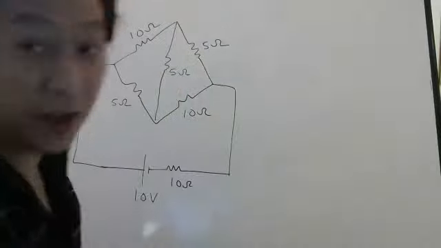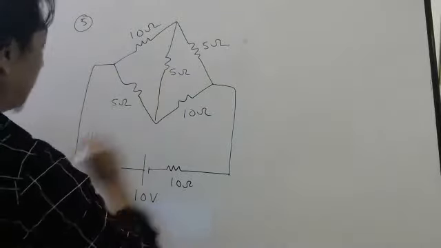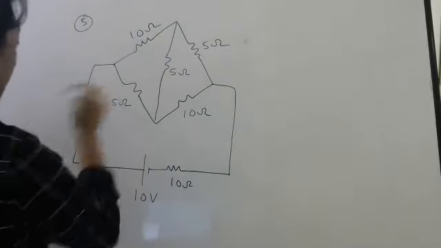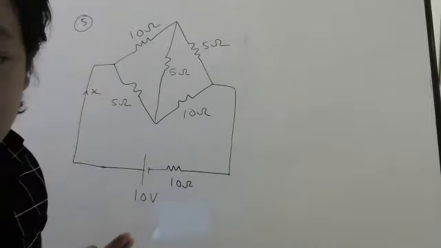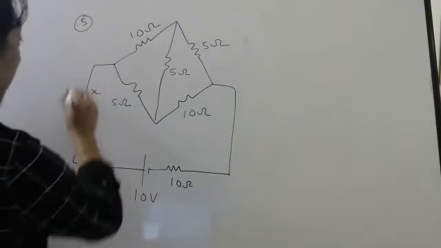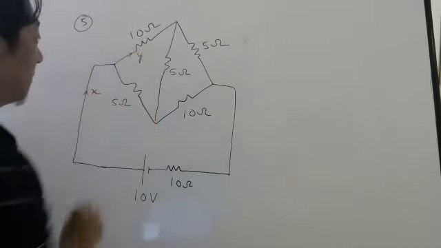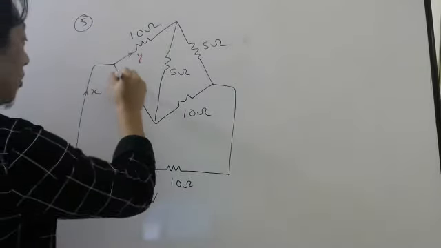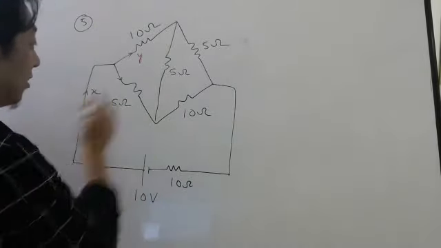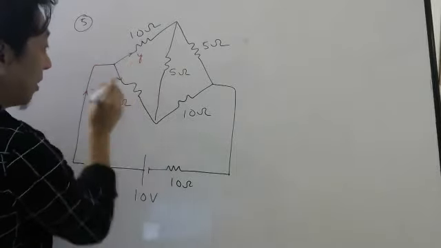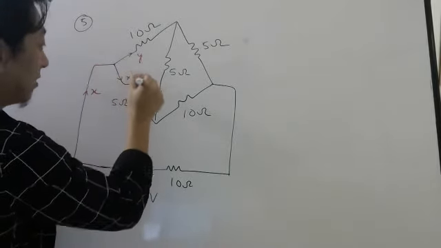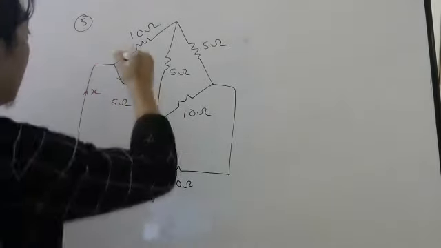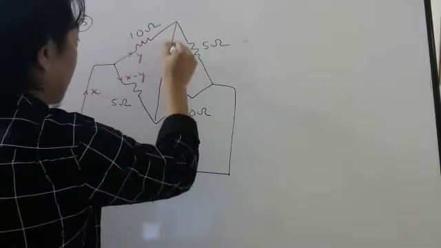Now, to make our equation simple and for making our writing simple, let me not write I1, I2 like that. I will use X, Y, Z. So let me say, look carefully, current here is X. Current here is X, X ampere. Then that X will divide here, Y let's say. And here how much will flow? Don't write Z, right? Kirchhoff's current law. X is coming, Y is going, remaining will go here. X minus Y.